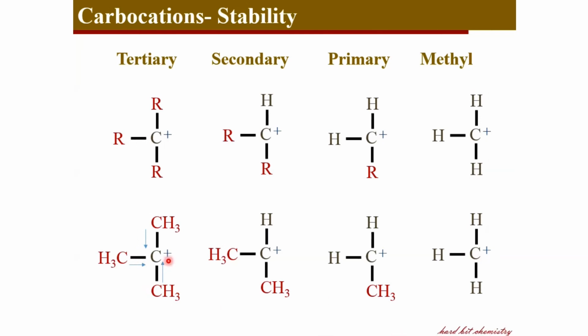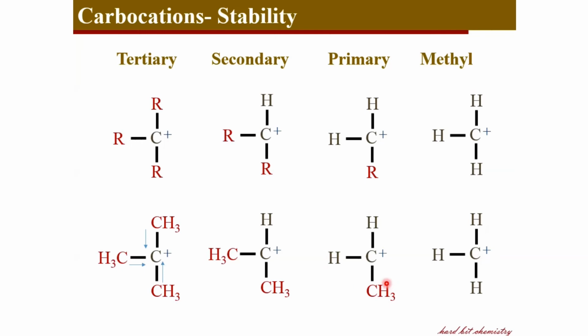Therefore, in the tertiary carbocation, there are three methyl groups with positive inductive effect, that is they are releasing electrons towards the charge bearing carbon. Therefore, as this carbon receives more and more electron density from the alkyl groups, its charge is stabilized. The magnitude of the positive charge decreases, therefore the carbon charge is stabilized here. As you have a lower number of alkyl groups, the charge bearing carbon experiences less inductive effect from the attached methyl group, and therefore the stabilization decreases as you go to secondary,